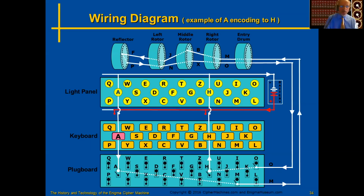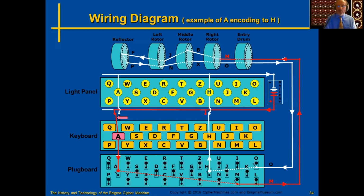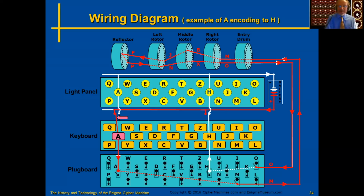Current now starts to flow, and it flows into the plug board, which in this example happens to have the letter A plugged into the letter M. And then the current continues to flow into the rightmost rotor, the middle rotor, the leftmost rotor, to the reflector, and the current then reverses its path. And it's now come out of the rotor stack as the letter O. Now, as it happens in this demonstration, the letter O has been plugged to the letter H. So the end result is